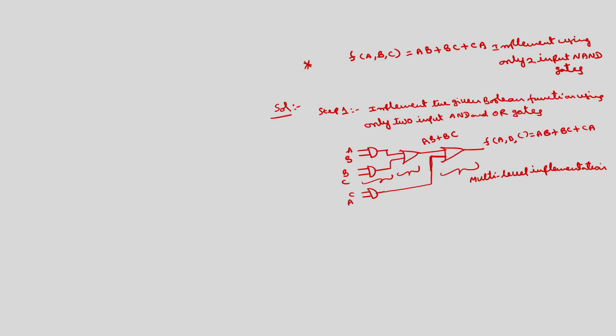Okay. If you want to implement by using any number of inputs for the NAND gate, we have to draw first 2 level. But if I want to use only 2 input NAND gates, then the first step is we have to use multi level implementation where we can have only 2 inputs for any gate, AND gate or OR gate. Then step 2 is we have to replace